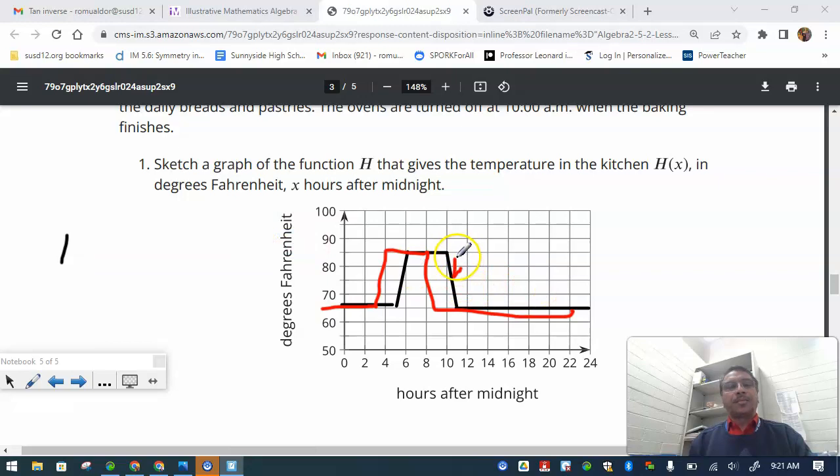So this is h(x) here, okay, and this one is g(x), the red one. And the question is asking us to explain what is h, what is the meaning of